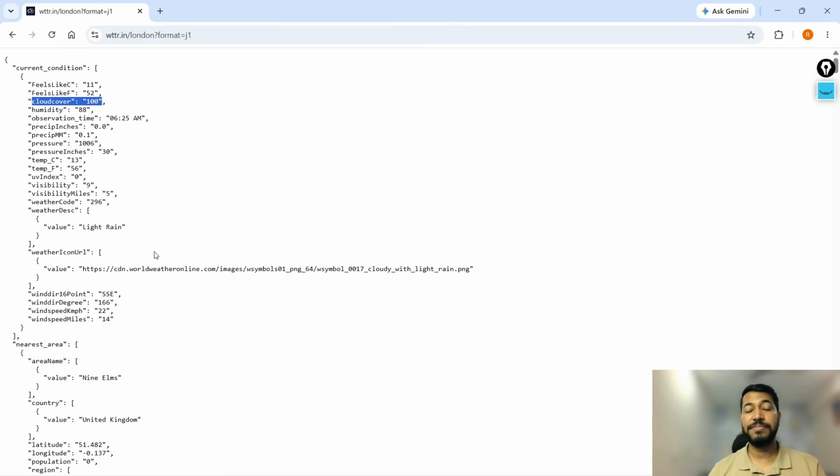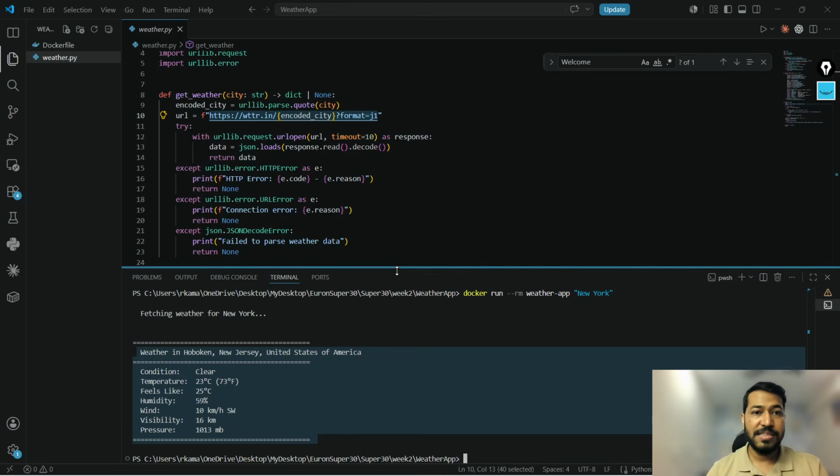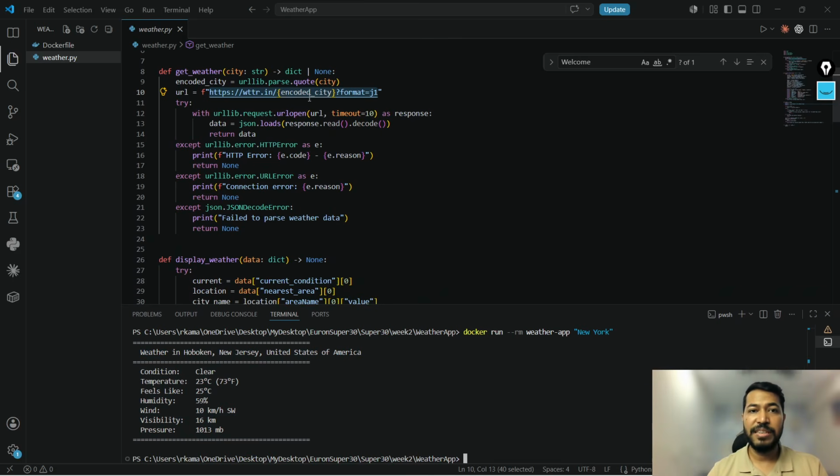I believe these are static only, not real-time, but definitely it will give you the flavor of the real-time style of doing things, because in a project you will also be hitting some API. It doesn't matter whether this API hit is providing real-time information or not, it's okay for learning purposes. But the idea is, this is the code I have defined, so it is going to hit that, passing this encoded city information,